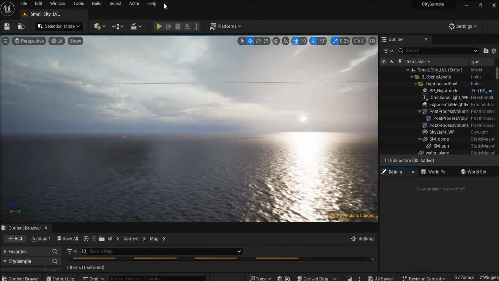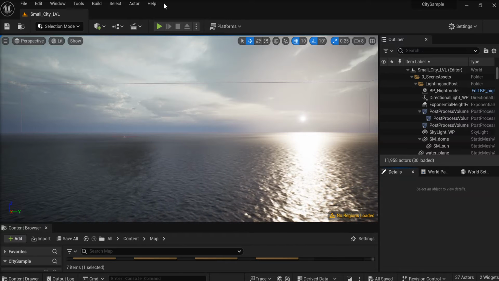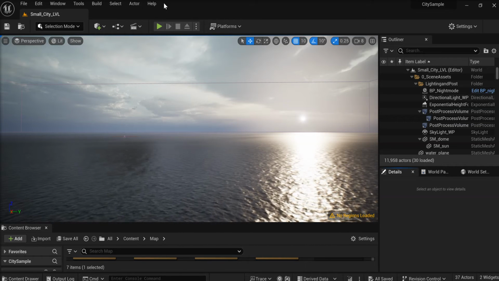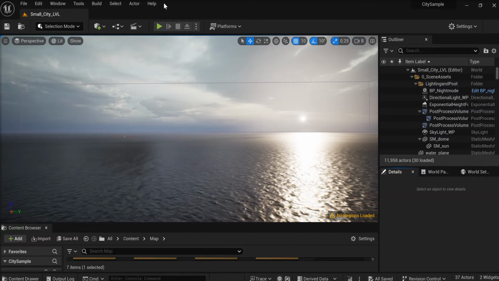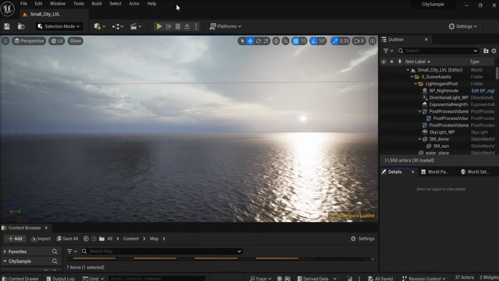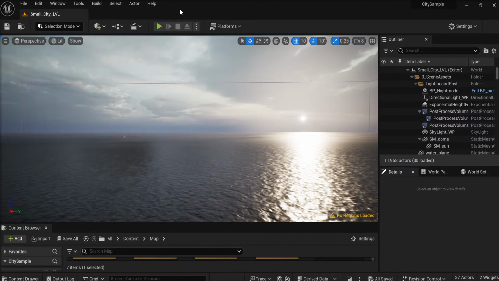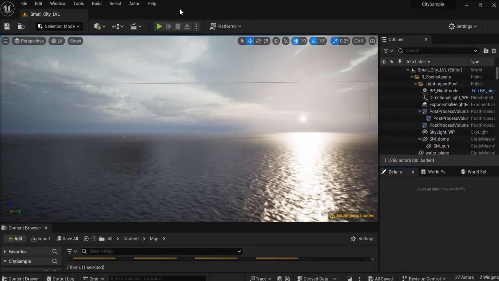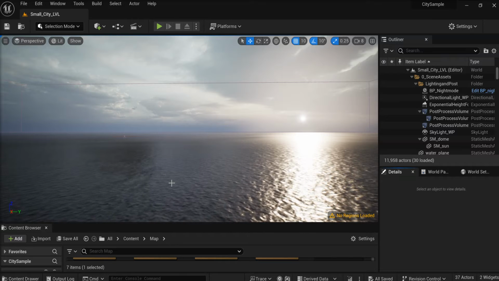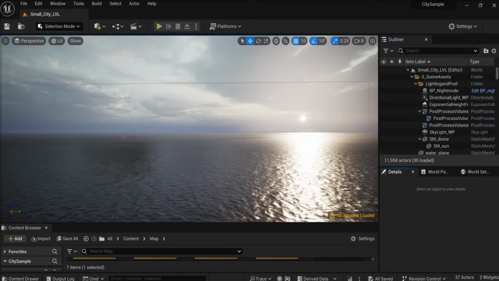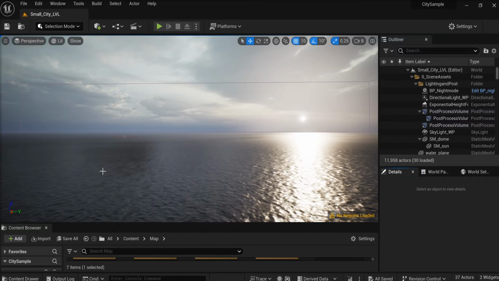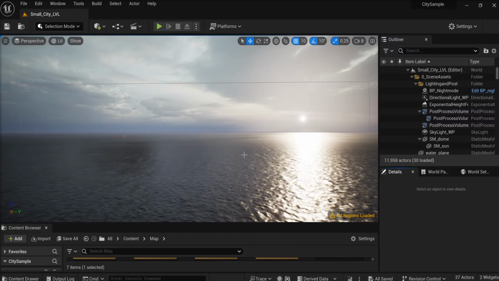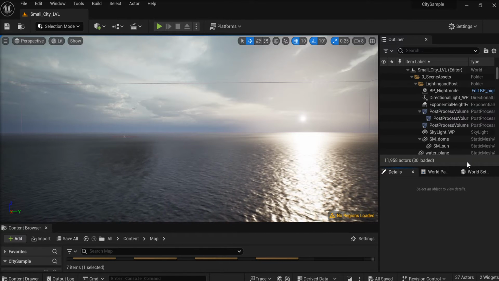Oh, hi. Let's fix our Unreal Engine if you can't open up City Sample. The City Sample in Unreal Engine 5.3 has this weird tendency to open to a broad ocean with no city. So what you're going to need to do, it's a fairly simple fix, is you're going to go to